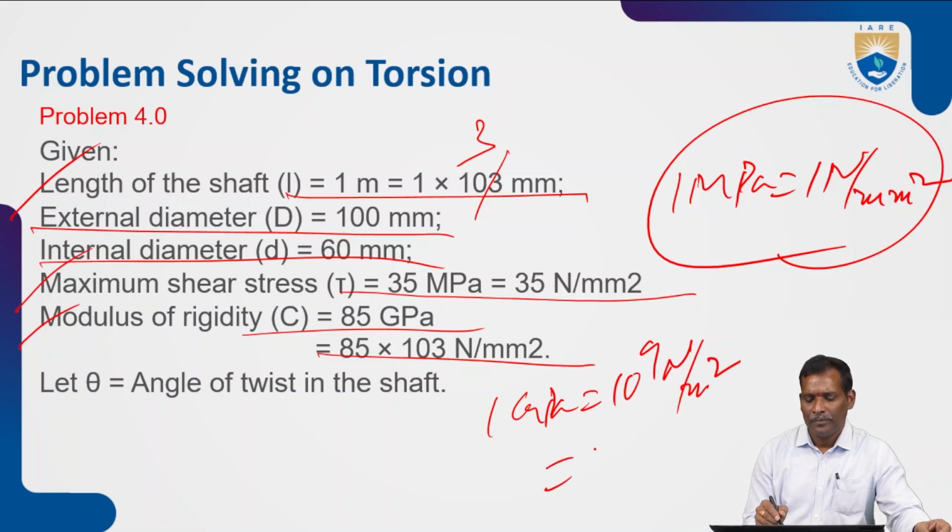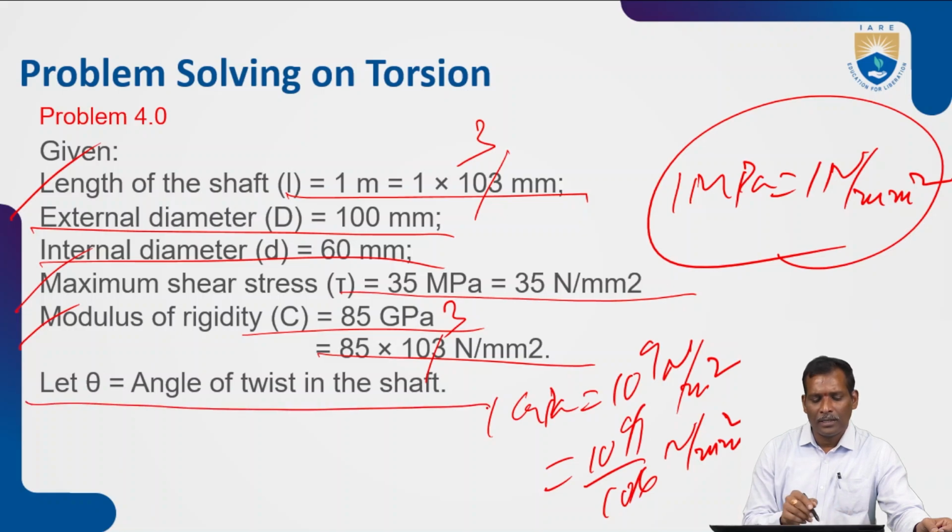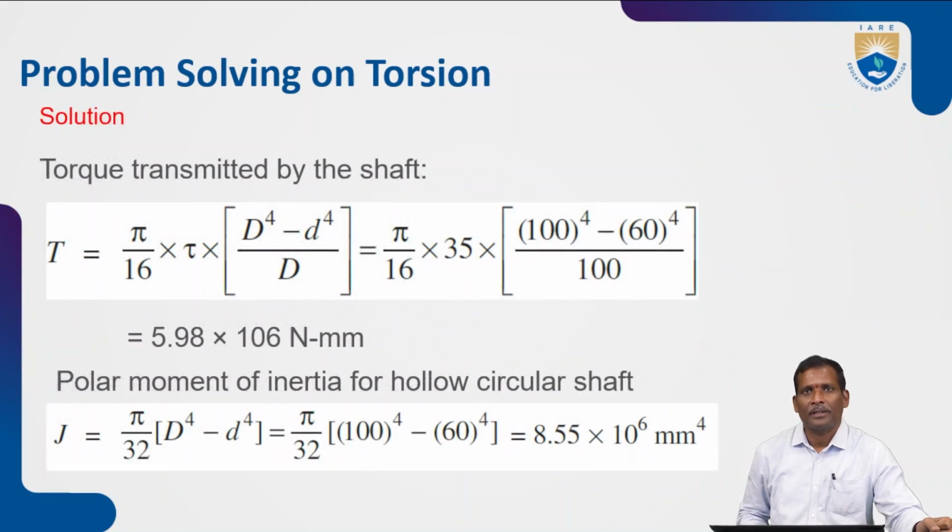So in mm, 10 to the power of 9 by 10 to the power of 6 Newton per mm square. So we will get 85 into 10 cubed Newton per mm square. So let theta be the angular twist in the shaft. We need to calculate it. So first calculate